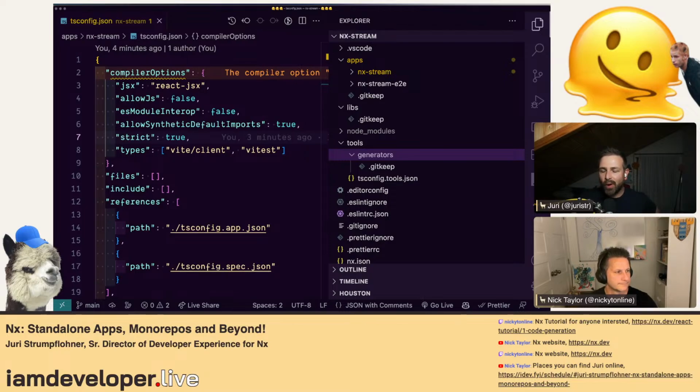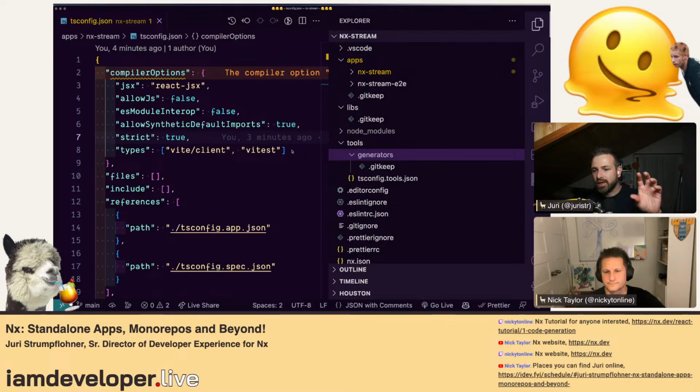But the main purpose here in that tools folder is that you could have custom generators, as we mentioned before, right? Like the generator that set up the app, you could actually create a local one that just lives in the same monorepo, which you could then invoke to generate applications, right? Because maybe the default setup that NX provides for React applications or React libraries doesn't fit you, or you want to customize it, right?